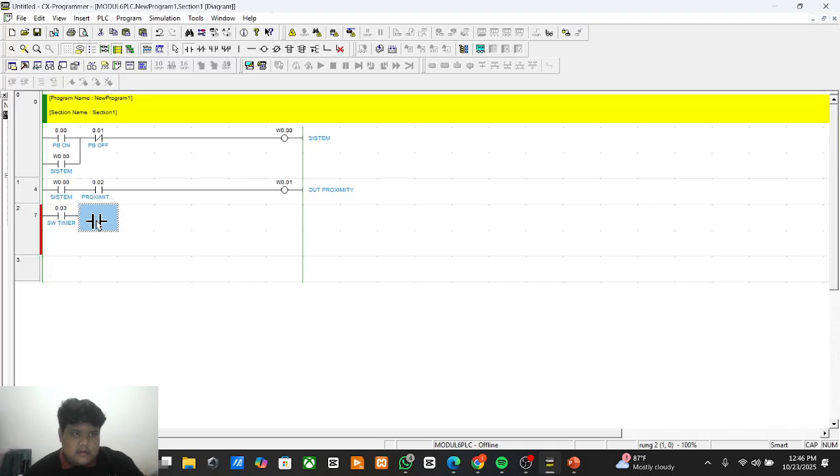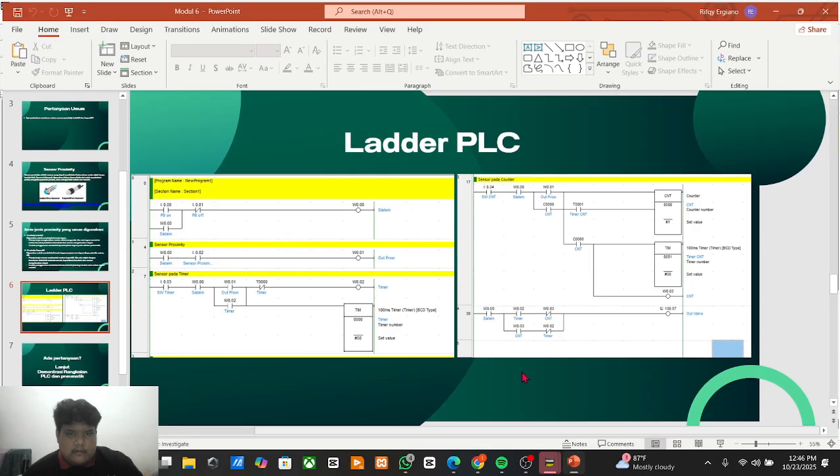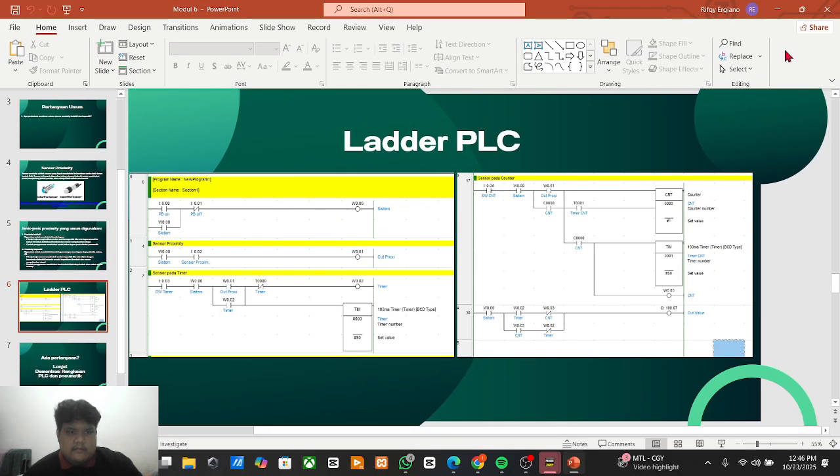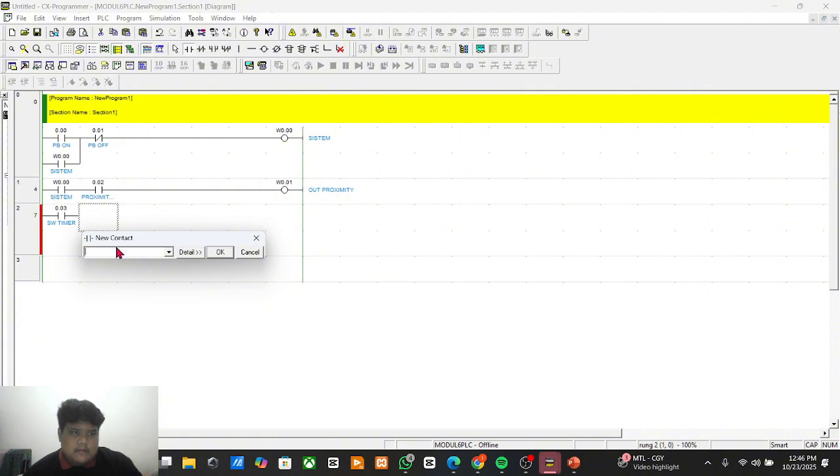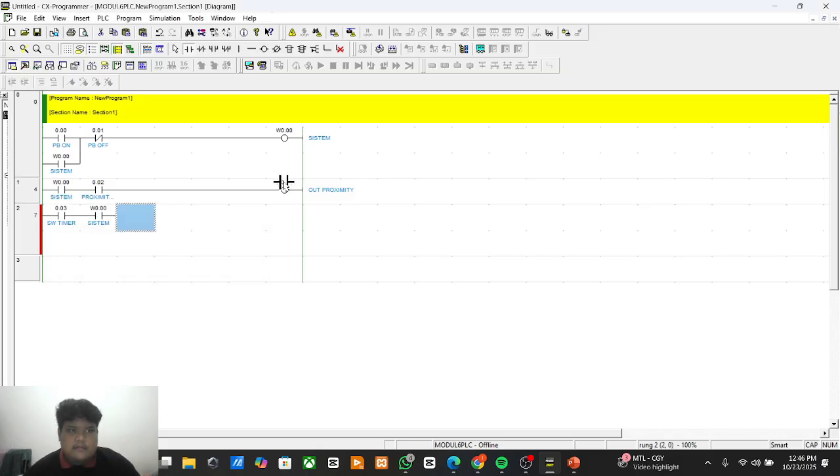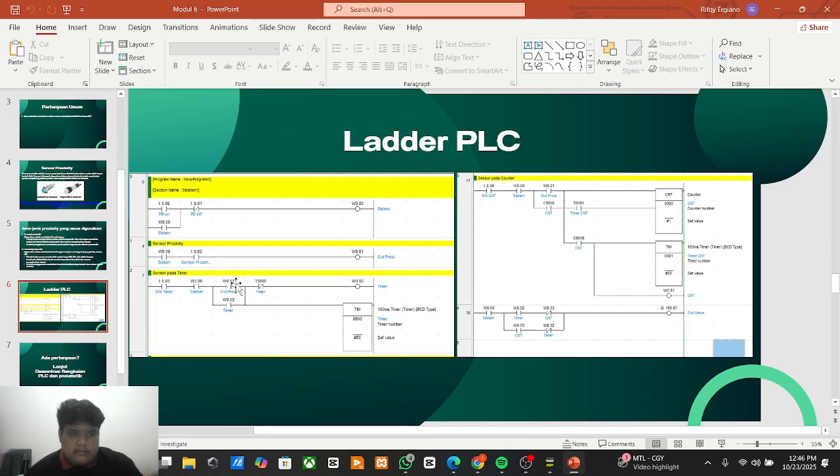Okay. Next for the side is for the system. The system is here 00. Then next is the proximity output and the timer.